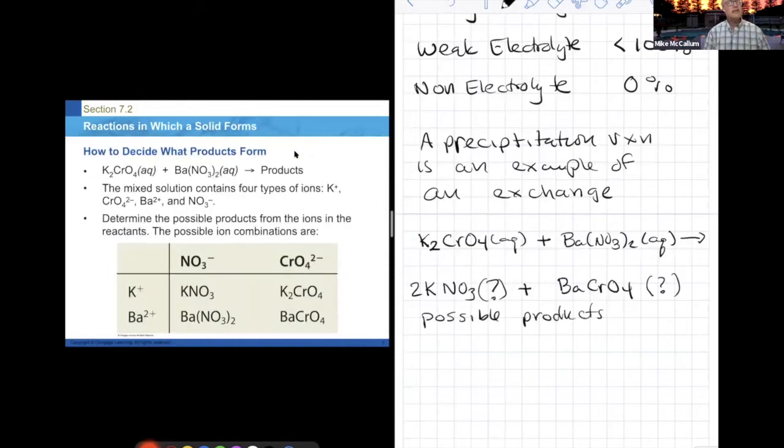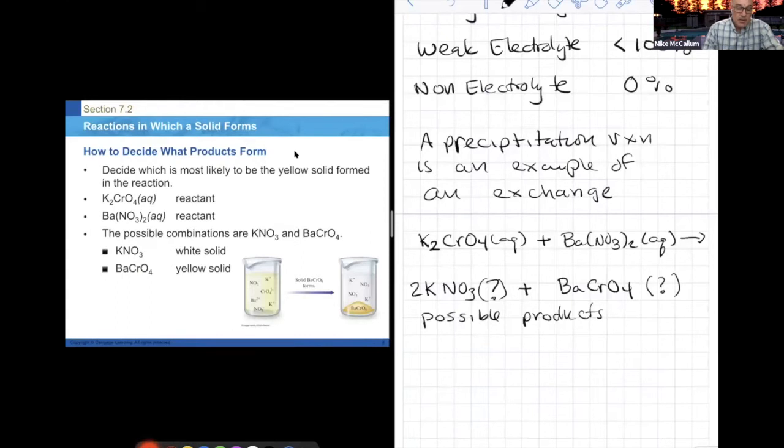Okay. So the next thing we have to do is decide what products are formed, right? And that's really what we've done here. We've said, well, really what happens at first is all the ions are in solution together, right? And we know that the product cannot be potassium chromate because that's what we started with in one solution. We know the product can't be barium nitrate because that's what started in the other solution. So the possible products are either potassium nitrate or barium chromate. This is just another way, in tabular form, to write down what I did in a chemical equation,